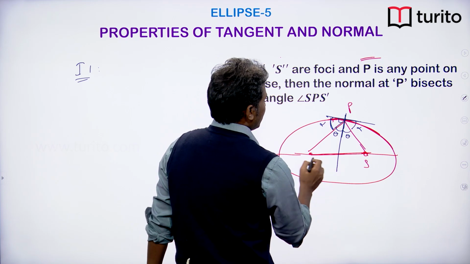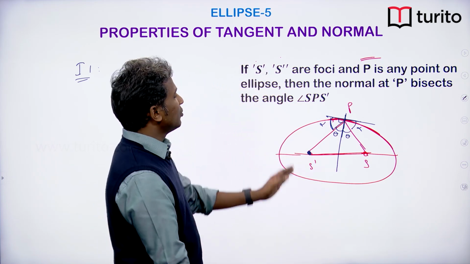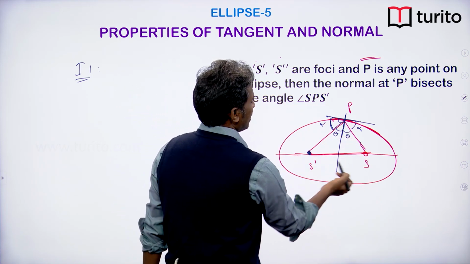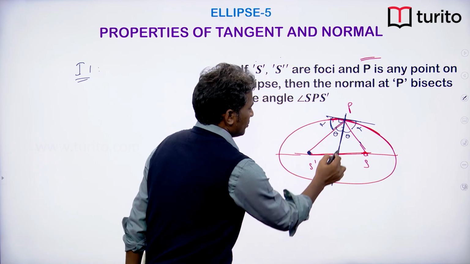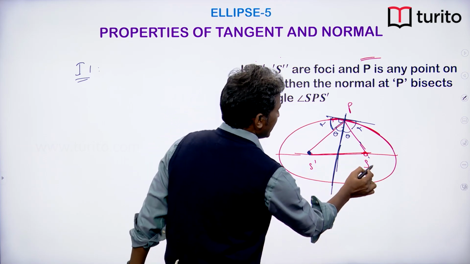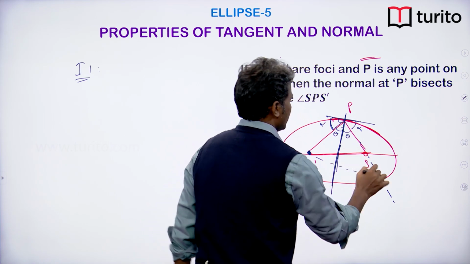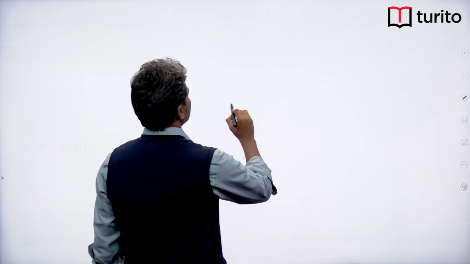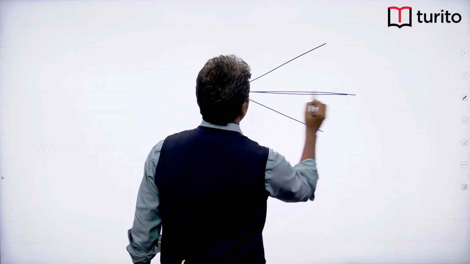We can prove that the reflection of S dash is going to lie on that line. That means, of course, the reflection of S dash about the normal is not S, but if we extend this line, it is going to be lying on this line only. Because we know that an angle bisector is basically